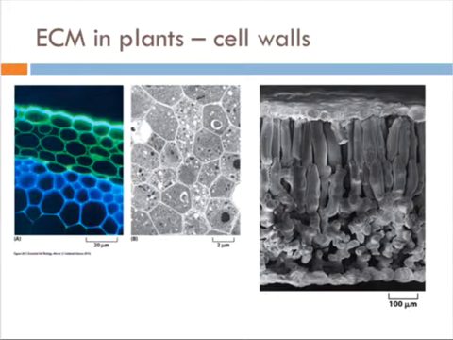Once the cells have actually reached their growth potential, then we tend to see them lay down what are called secondary cell walls that are a lot thicker and have a lot more structure to them. So cell walls are made of polysaccharides, particularly cellulose, which you can see here in blue, and pectin, which you can see here in green, are the 2 major components. Now, cell walls are going to provide structure and provide some protection and shape for the cell